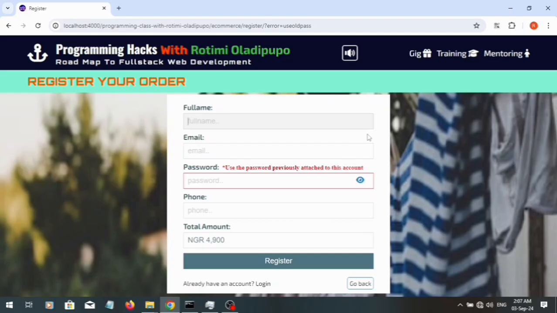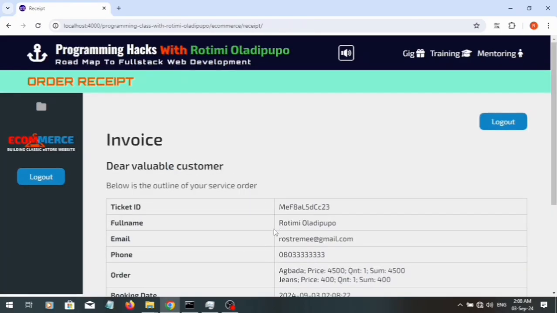So now let me add my name, routine, email stream at gmail.com. Let me add password. Now I'm adding the correct password now. Look at it, this is the correct password now. Now let me put the proper phone number, 08033333333. Then click register. Then it has been registered again, and you can see this time around the new ticket